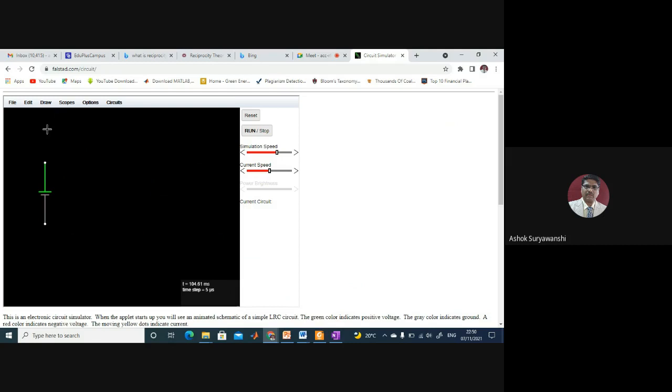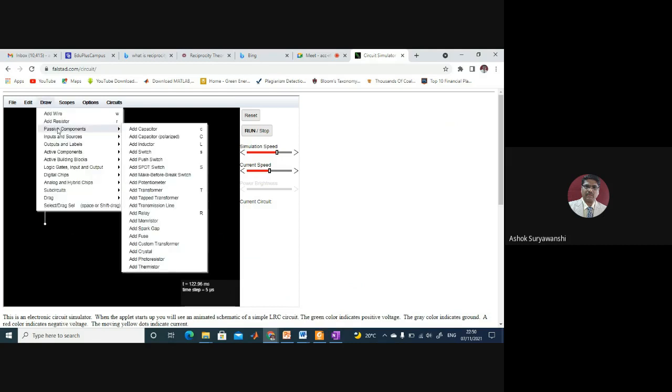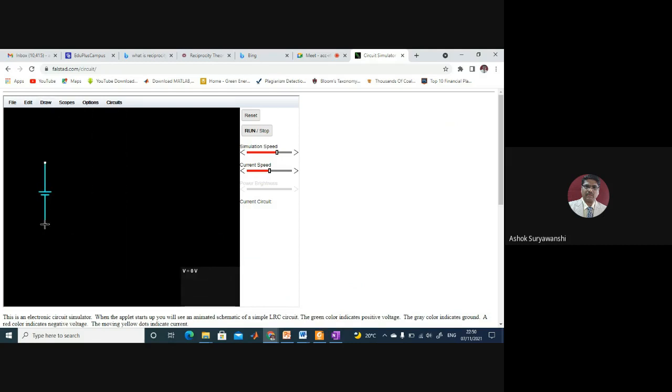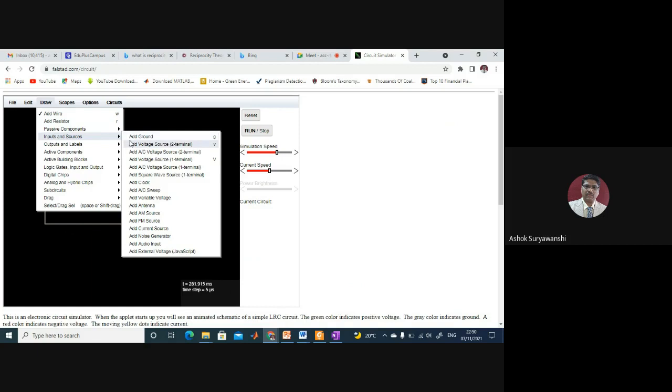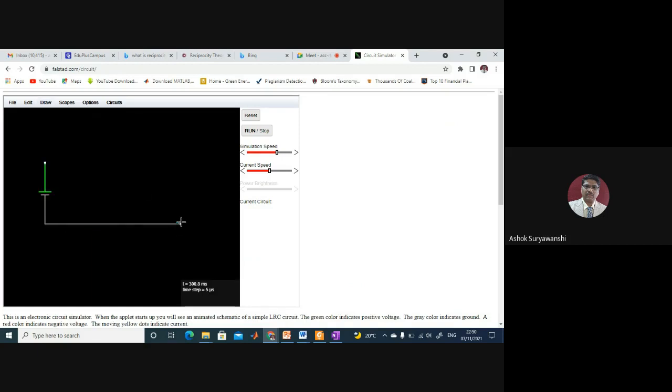So we'll use the wire first. Click on add wire and then drag the cursor like this. Similarly here, but here we have to add the resistor. So we'll take the source here. By practice, you'll understand all these things. We can take it at this height and then leave it. So we got the two sources, then we need three resistors.